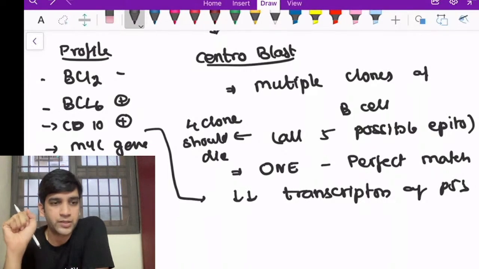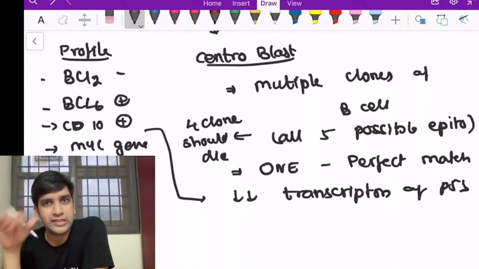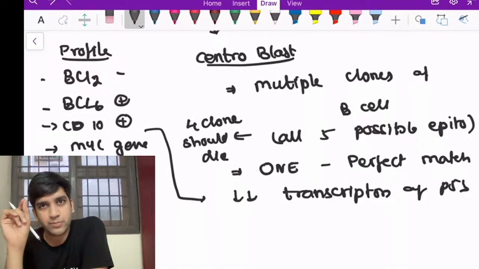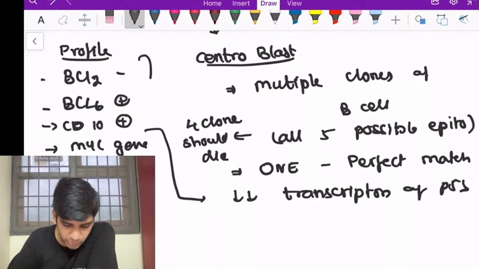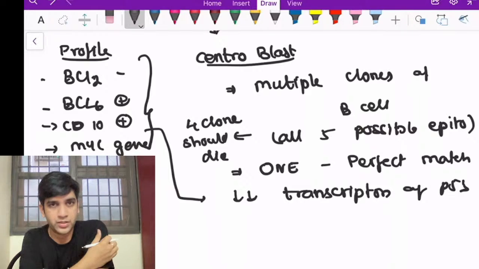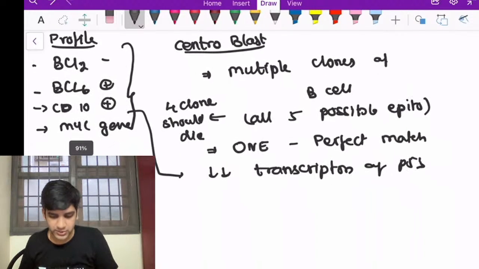The c-MYC, we'll come to that soon. We'll link them all to cancers. I'm going to have c-MYC here. These are immature cells. They proliferate a lot. For proliferation, I need the MYC gene, right? So these are the immunoprofile of a centroblast. So the only goal of centroblast here is